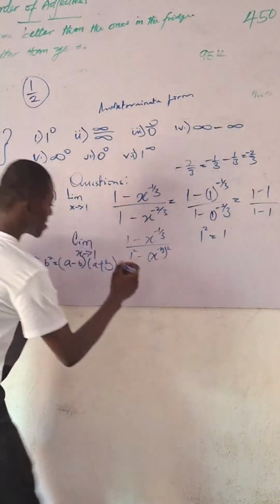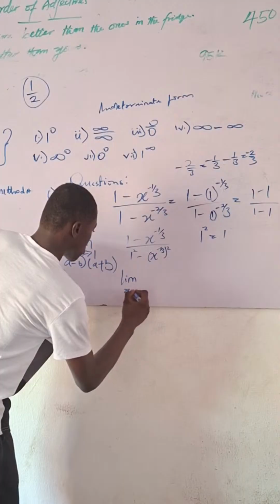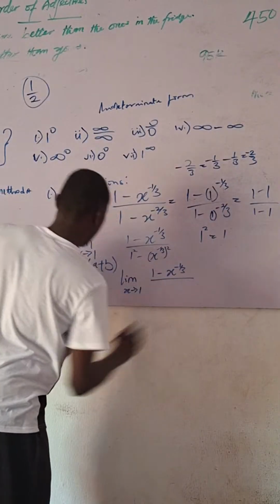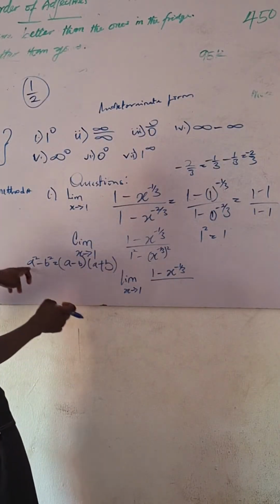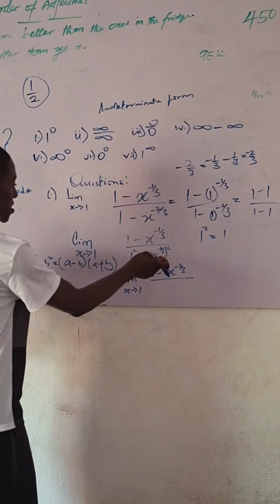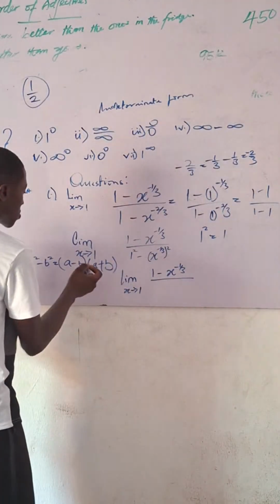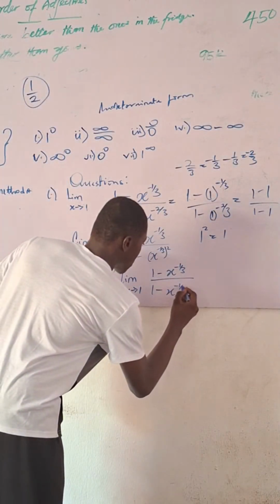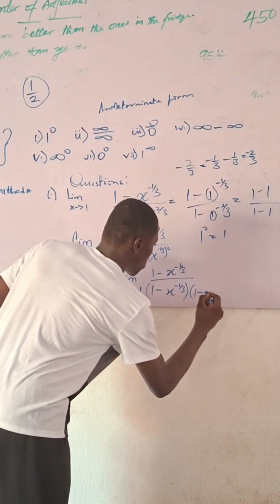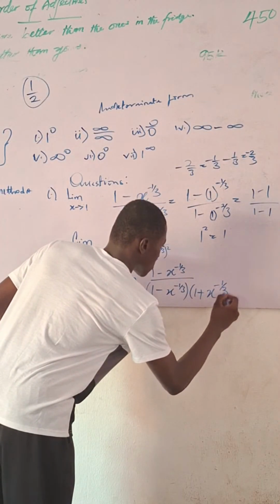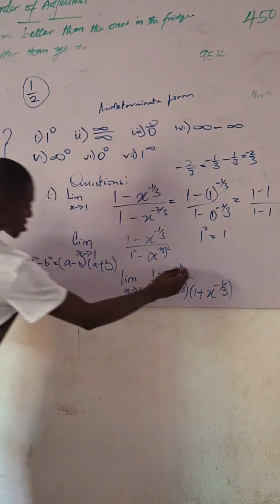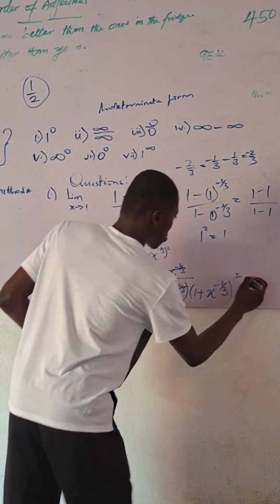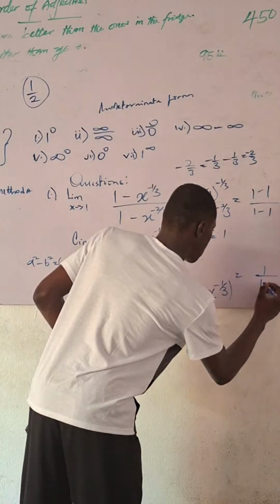So if I write it as the limit of 1 minus x raised to the power minus 1 over 3 squared, in this case my a is 1 and b is this guy. So I can just write this. What I'm just going to change is the sign that is between them. It will be 1 minus x raised to the power minus 1 over 3 and 1 plus x raised to the power minus 1 over 3. So now I can write this directly, so I'll have 1 over 1 plus